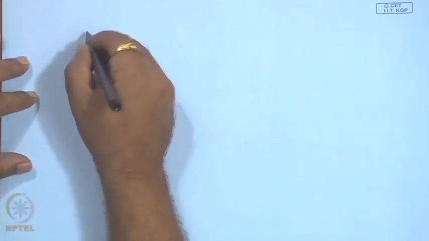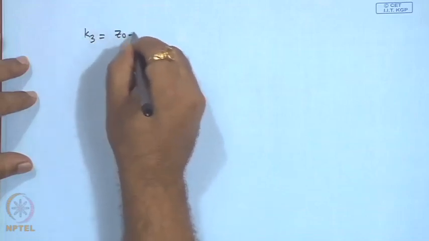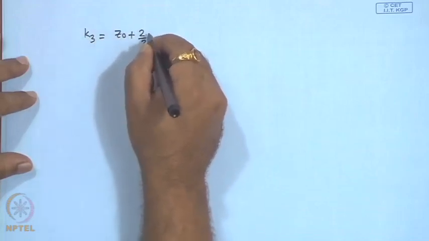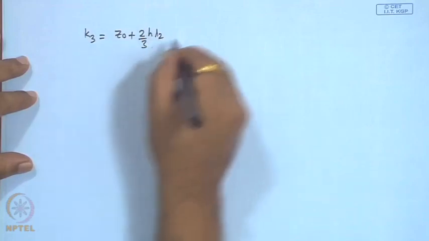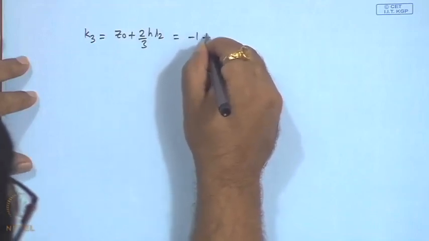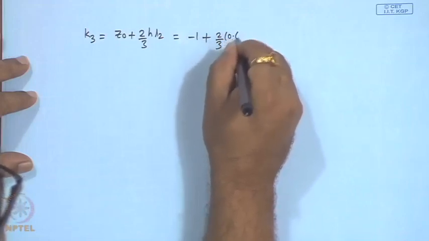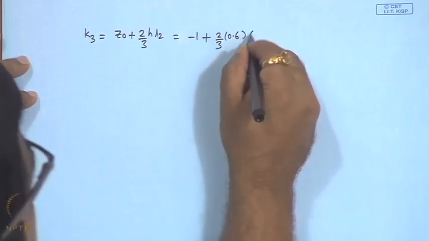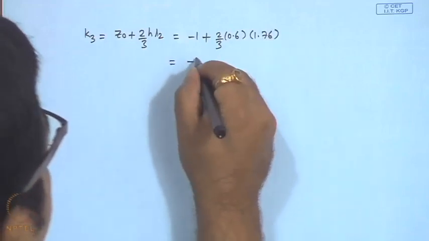So, now having computed L2, the next step is K3. So, K3 is Z0 plus 2/3 H L2. So, that is Z0 is minus 1 plus 2/3 H L2 is 1.76. So, this is minus 1 plus